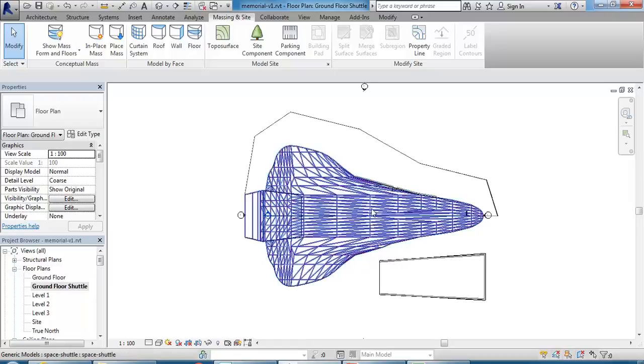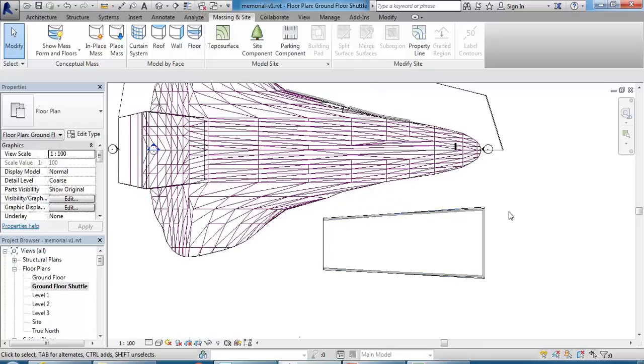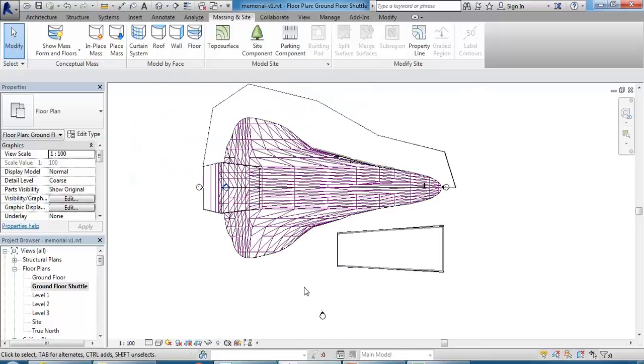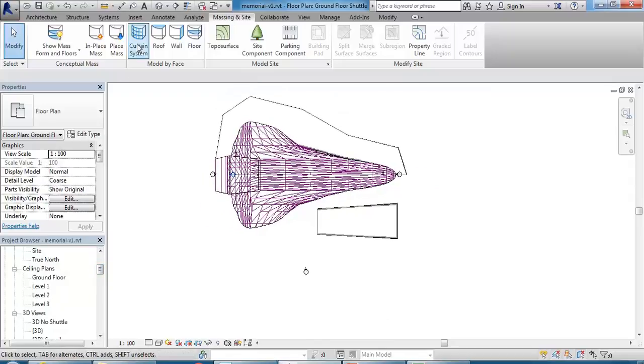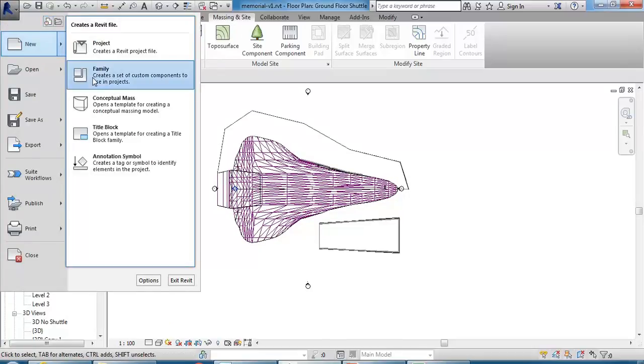Okay, so I've got a very rough massing model there, and I've done another one obviously for this building just to show you some basic approaches to massing when you're working from a ground plane. And so obviously you have the massing and site tab where you can get to the massing tools, but I wanted to show you as well that you can always make a massing family if you go to the main menu and then choose new and then family,